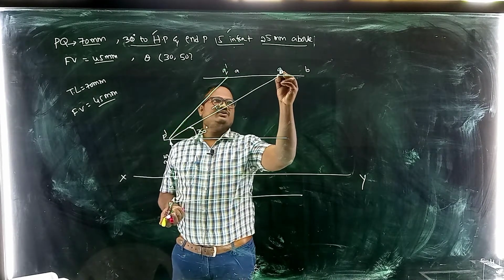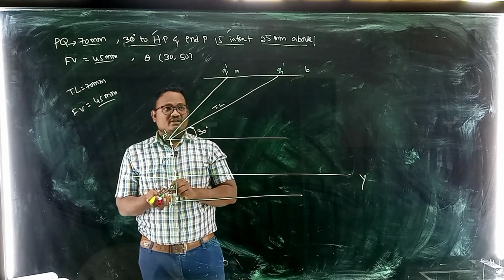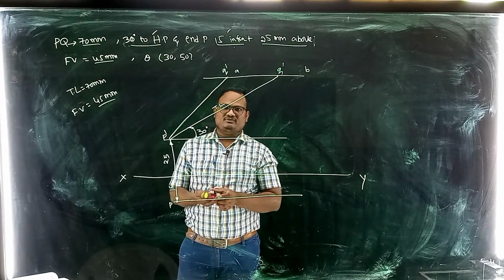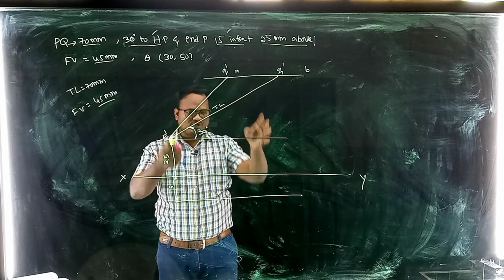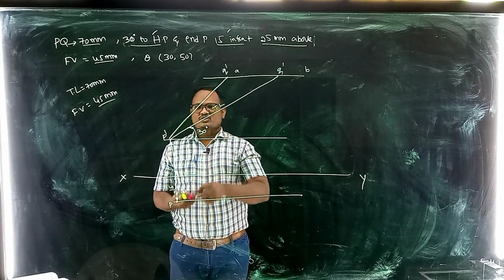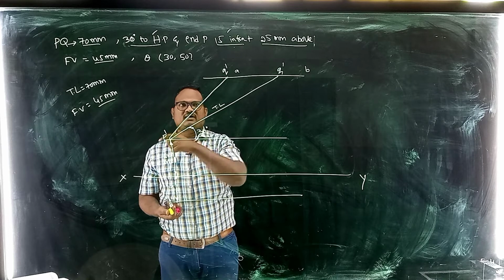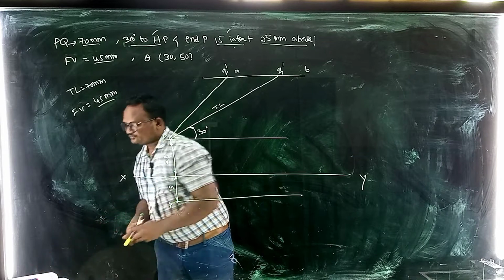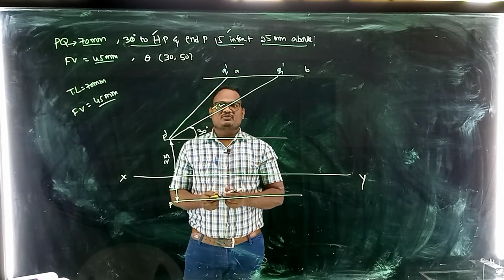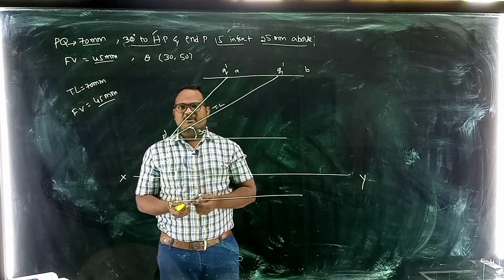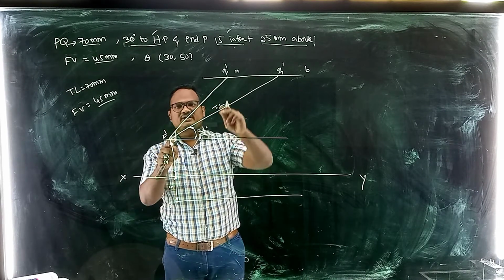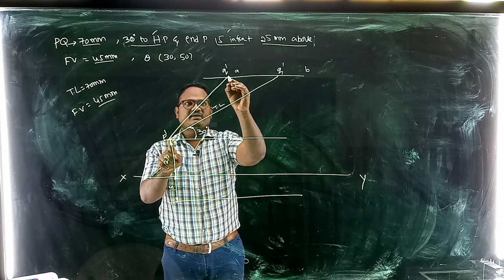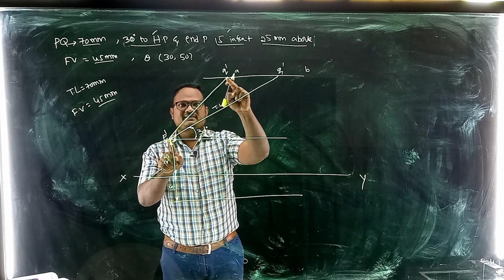So this is Q1 dash. Like this way, you will get the final front view and the true length front view. By using these two, we can find the remaining also. Whatever angle of inclination we got is called alpha, with the final compressed front view. From true length we can find the compressed length, and from compressed length we can find the true length. Taking the compressed length as the radius, with P as the center,